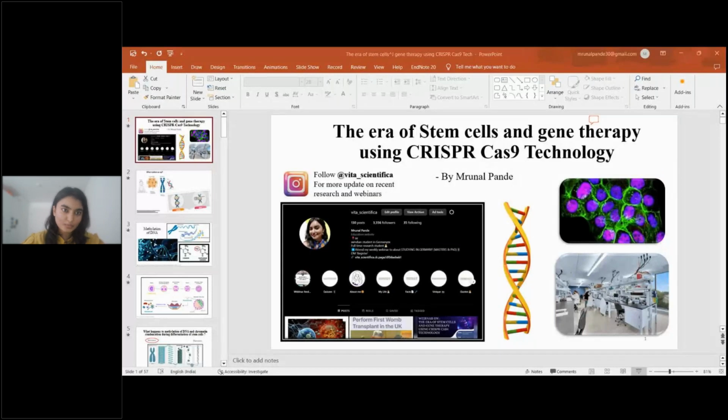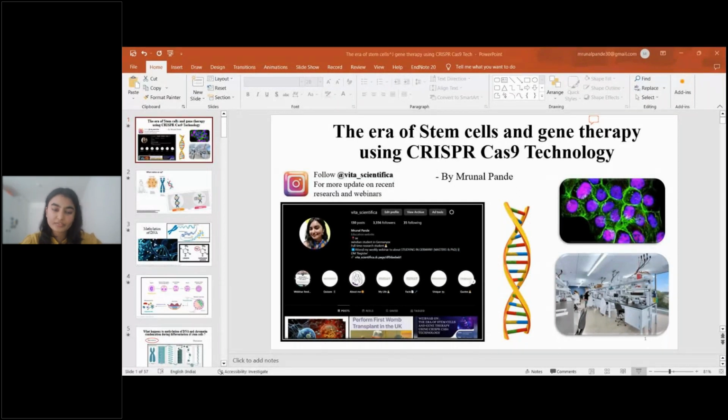So the first thing is, what makes us up? If we take a human body, we see there are clusters of cells. When we zoom in and see the cells under the microscope, what we see is the nucleus containing the chromosomes. Now the chromosomes have genes. Everyone knows this. As we are diploid, we have two sets of genes. And when we zoom in on the chromosome, we see the actual DNA.